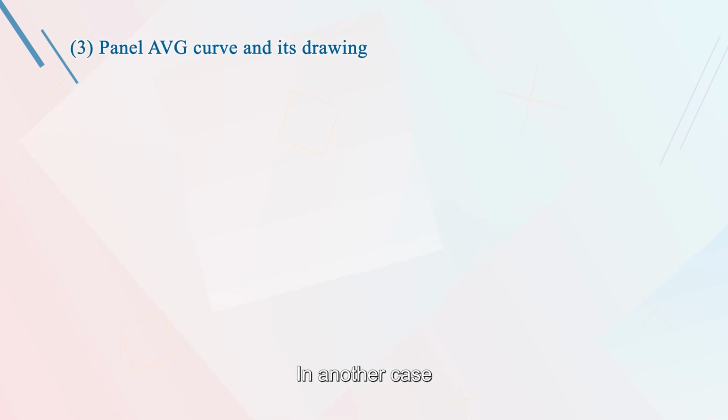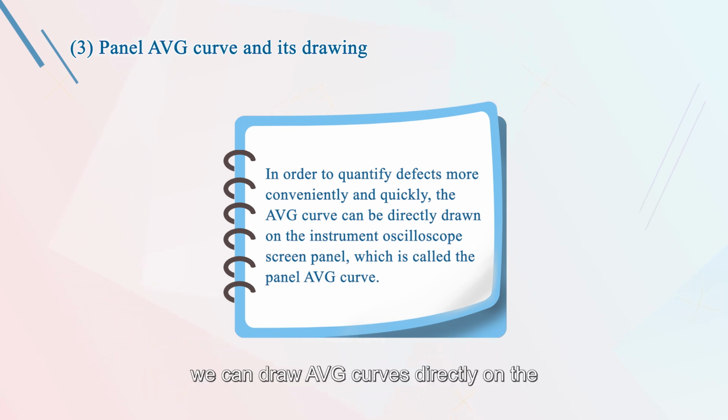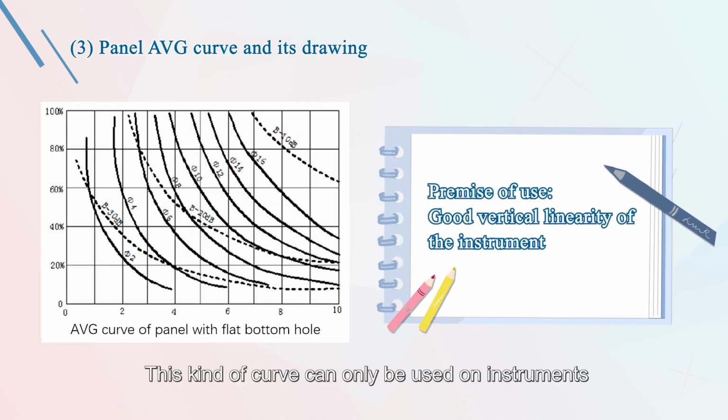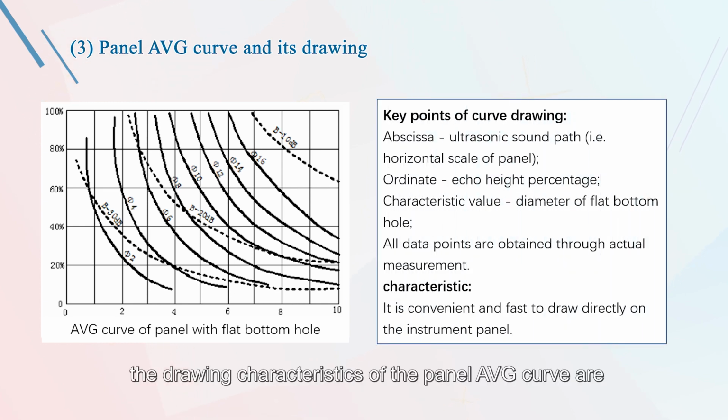In another case, in daily flaw detection, in order to quantify defects more conveniently and quickly, we can draw AVG curves directly on the instrument oscillograph panel, which is called Pano AVG curves. This kind of curve can only be used on instruments with good vertical nonlinearity and a positive relationship between wave height and sound pressure. Different from the practical AVG curve, the drawing characteristics of the Pano AVG curve are that